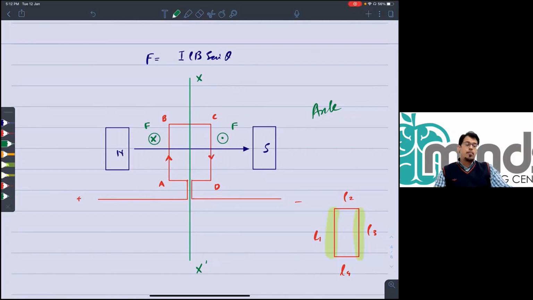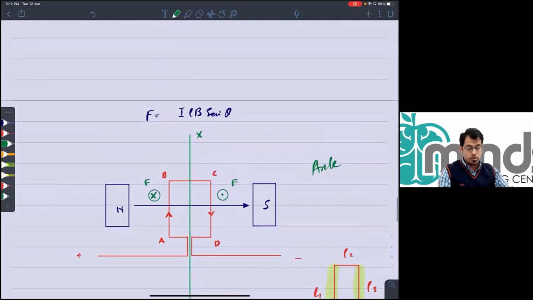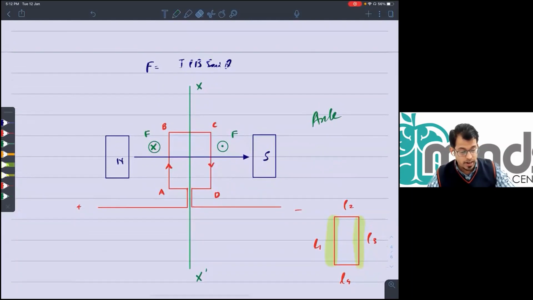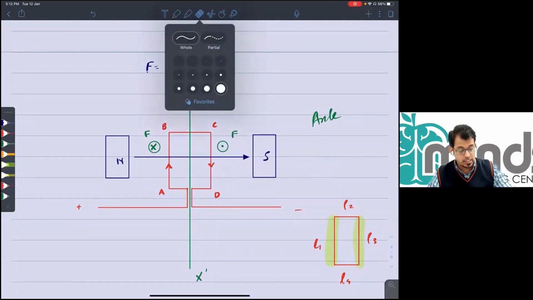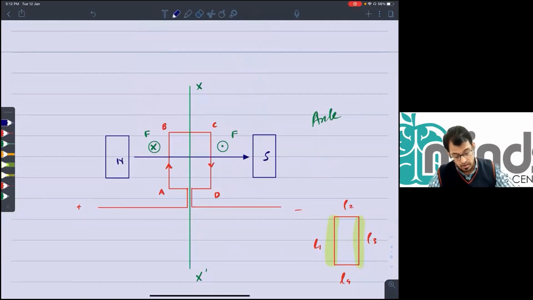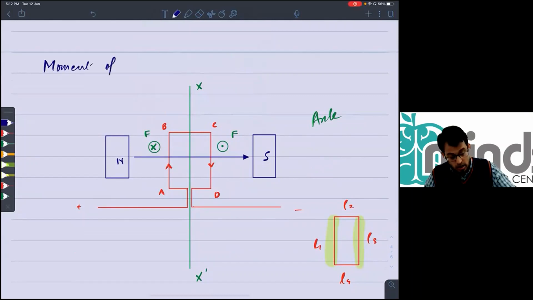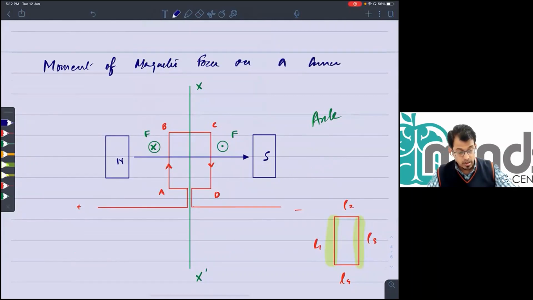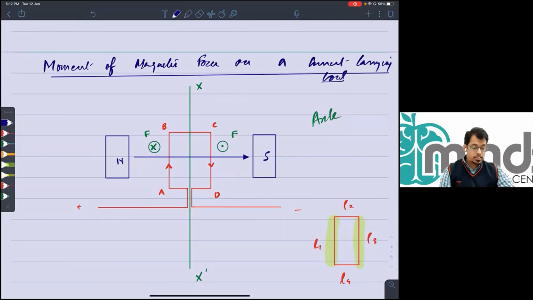And I hope you remember, turning effect of force is actually known as moments. Turning effect of force is known as moment. So the topic that we actually want to discuss is moment of magnetic force on a current carrying coil. So the topic that we are going to discuss is moment of magnetic force on a current carrying